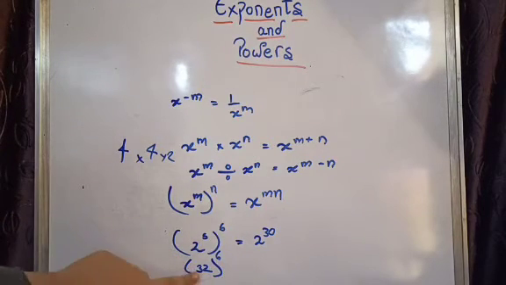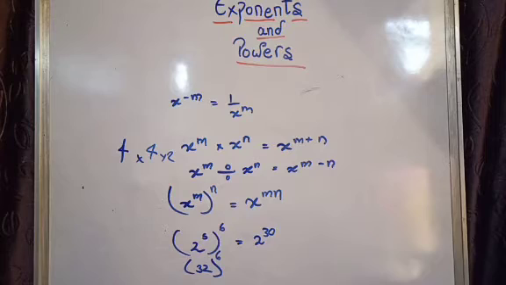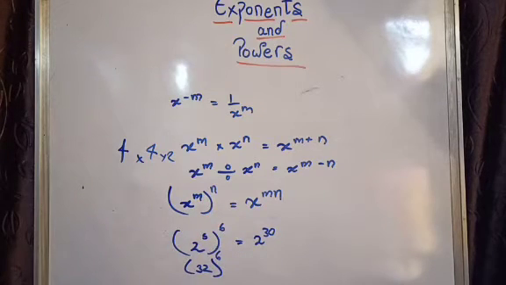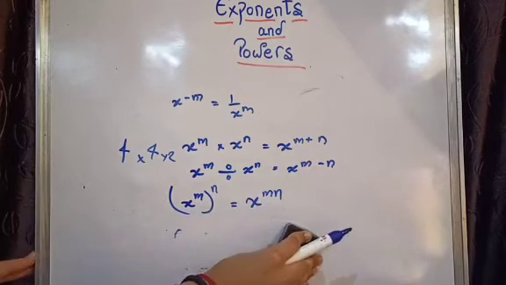See, when this is multiplied 6 times, it will give a number which, if converted into exponential form, will equal 2 to the power of 30. You can solve by that. Another example.